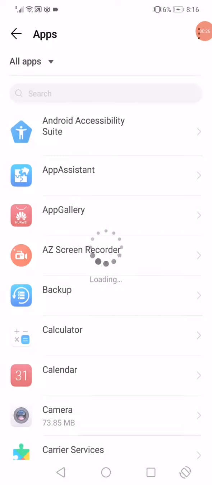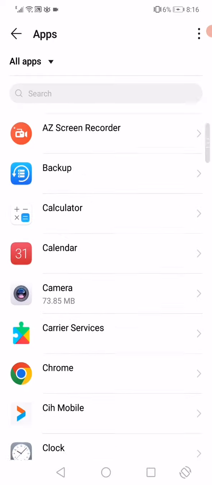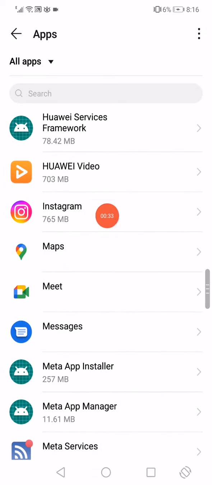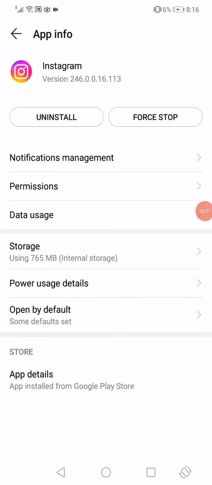Now it will start loading. As you can see, just scroll down like this until you find Instagram. When you find it, all you have to do here is very simple. Just click on Instagram like this, and after that all you have to do now is just click on